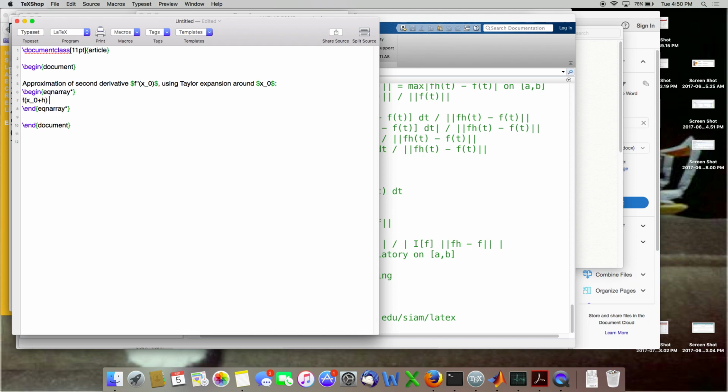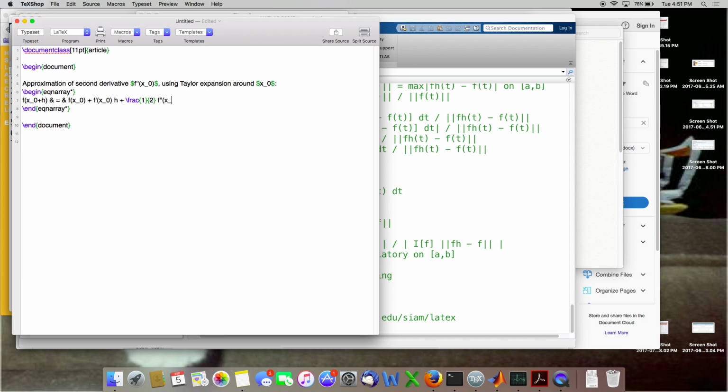What I'm typing here, you definitely don't want to bother writing down. The ampersands are used to help this line up. So I'm going to type out the Taylor expansion for f of x naught plus h, expanding around h. And here I'd normally have x minus x naught, but that's x naught plus h minus x naught, which is just h. And then I can use frac to do a fraction. Notice backslashes are used to indicate this is a LaTeX command. So backslash frac means do a fraction. The first item in braces is a numerator, the second item in braces is a denominator.